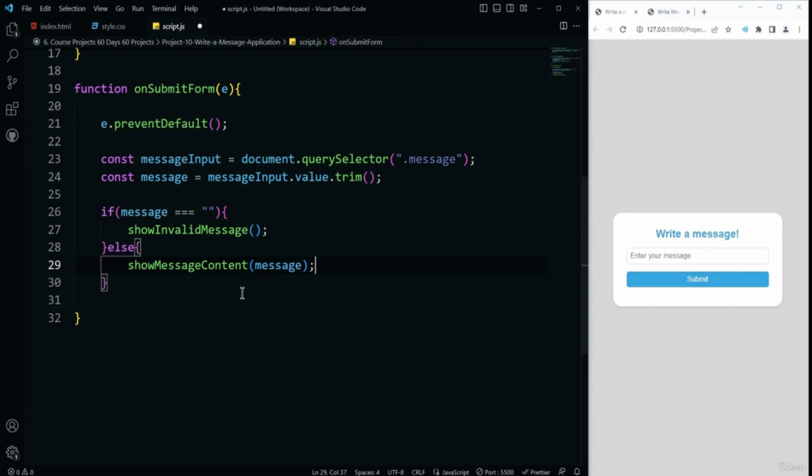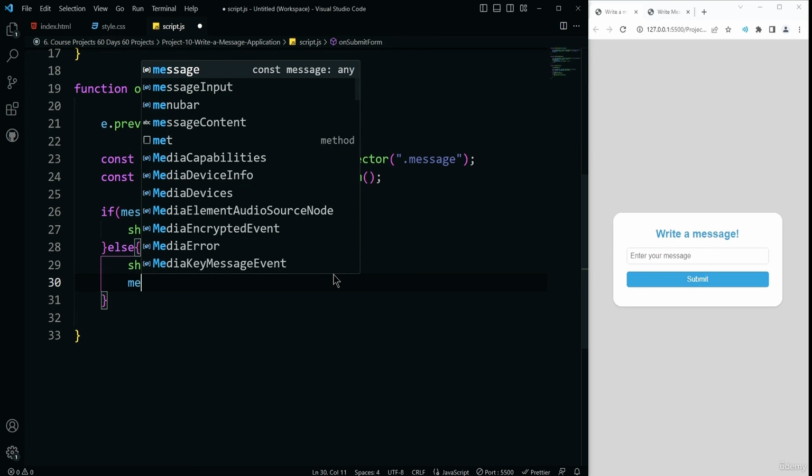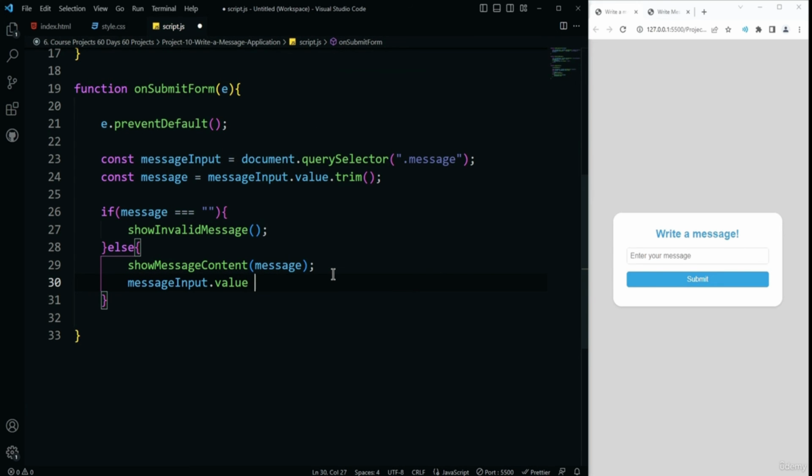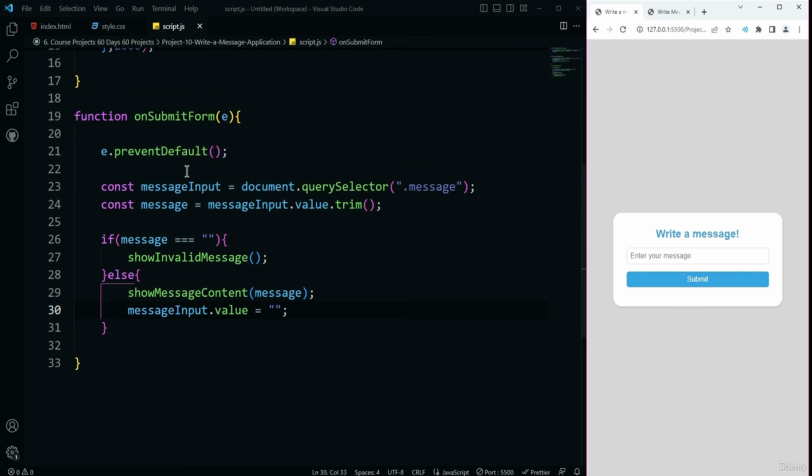After showing the message, we need to simply set this input type to empty again, so that we can add new data inside that input type. For that, we use message input dot value, because it is an input type and has a value property. We need to set it to empty again. If I control save it and enter anything, nothing will happen,